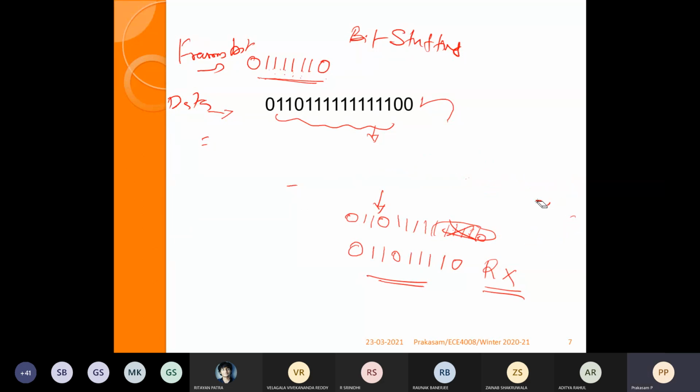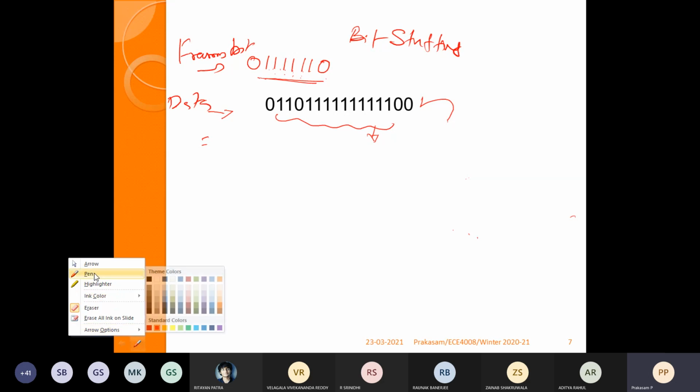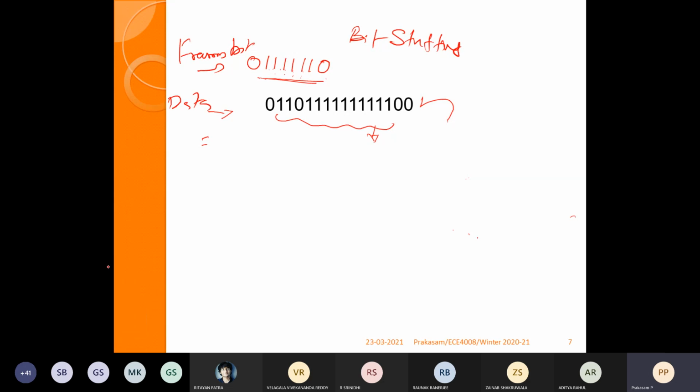Here, if you see, this is the actual transmitting bits. Without stuffing, if you go for framing, these are the receiving bits. So it does not match with the transmitting bits. To overcome that, we go for stuffing, that is, adding additional bits along with the information. So what is the procedure? The same as before; the first step,